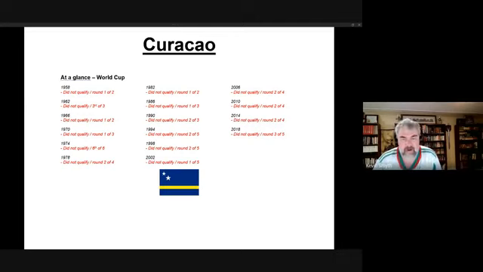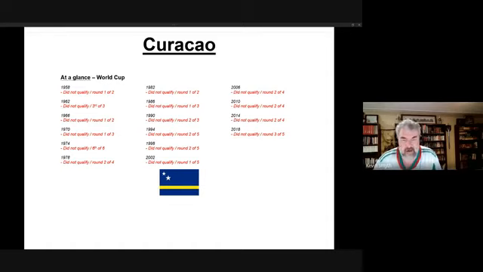So they were known as the Netherlands Antilles from 1948 to 2010. Interestingly, they did actually play some games as Curacao before that. But anyway, they are a very old team, having played their first international in 1926. They first entered the World Cup in 1954 and the Concacaf Championship from its beginning in 1963.